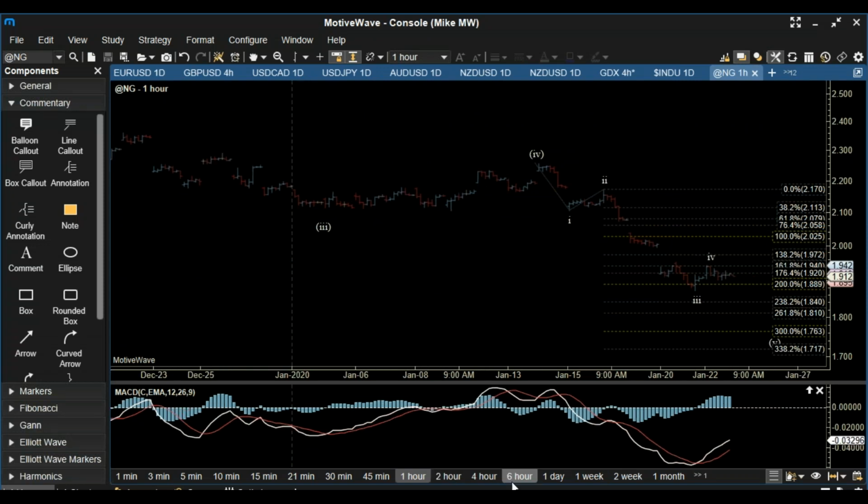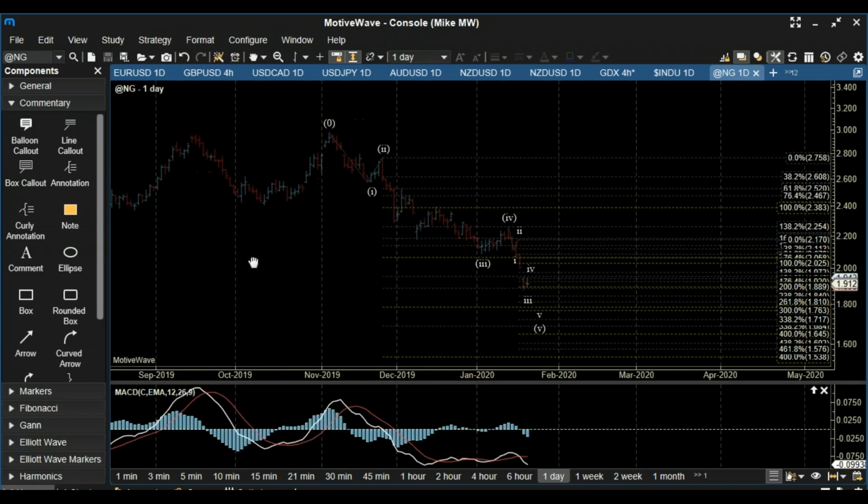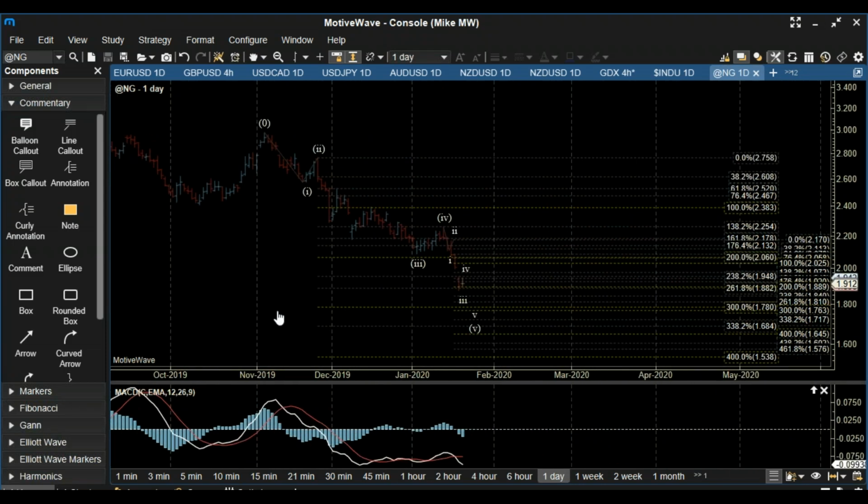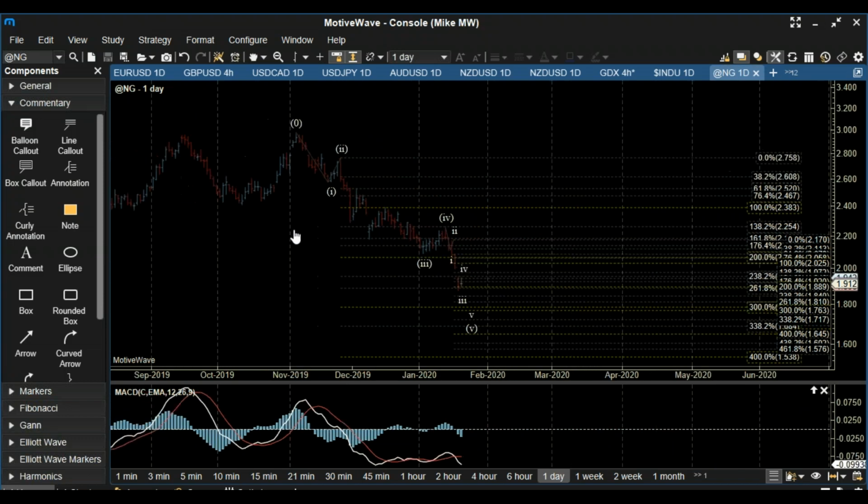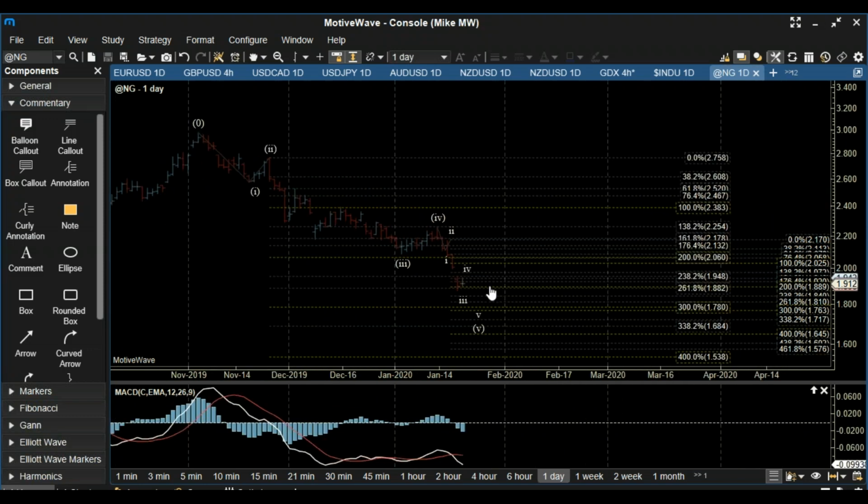Okay, so bigger picture on natural gas, this is looking like it's finishing off a large 5-wave move to the downside. Potentially looking for a bottom here. So I've got 1, 2, 3, 4, 5, and this has been following our larger degree fibs fairly well. Again, 1, 2, and then the 3 hit the 200 extension fairly cleanly. You got a corrective retrace for wave 4, which tagged the 138.2 extension, and our wave 5 is now down